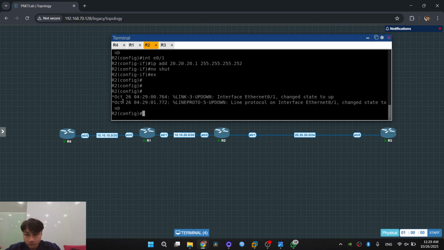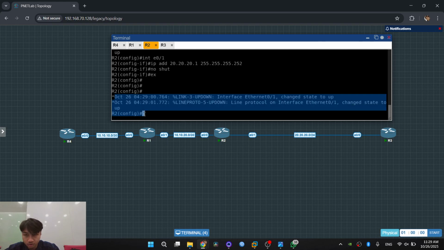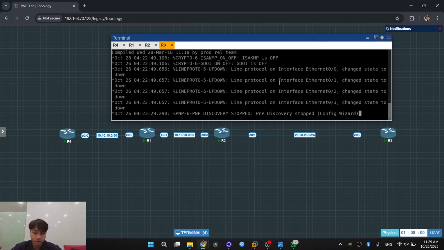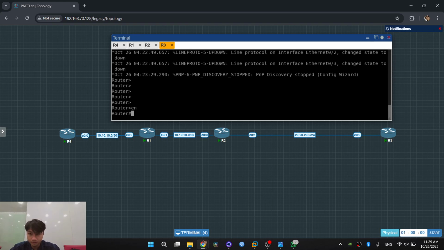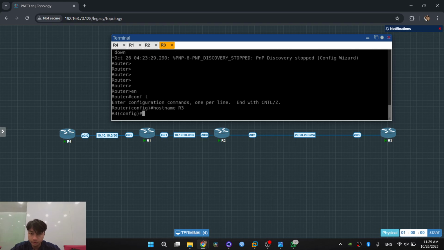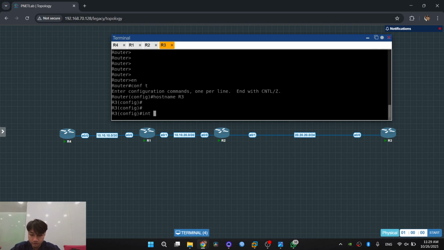Okay, this is a notification from Cisco. If we set the IP address or BGP or something else, Cisco will send us the notification. And then we set the R3 for BGP: conf t, hostname R3, and then interface, IP address.